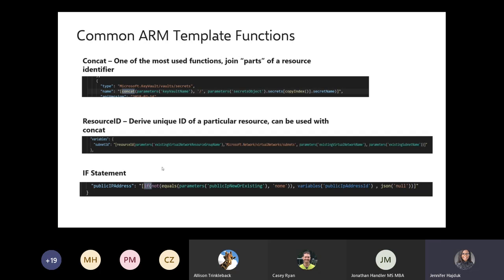Another common function is the if statement. Prior to having the if statement, sometimes we would have to have two different copies of an ARM template for deploying to a particular environment, because one template might deploy certain resources, whereas a different version for another environment may not deploy certain resources. What the if statement allowed us to do is have all of that logic inside the ARM templates. And just an example of how to read this,